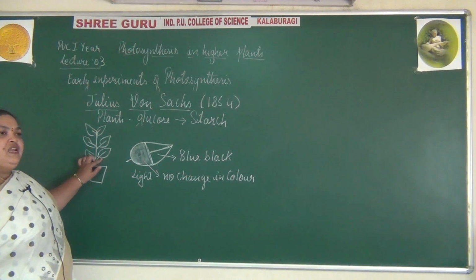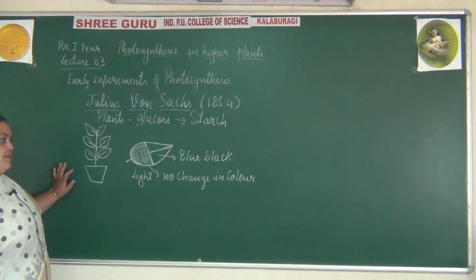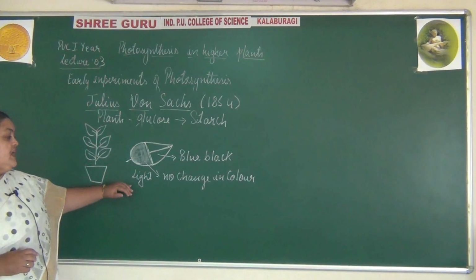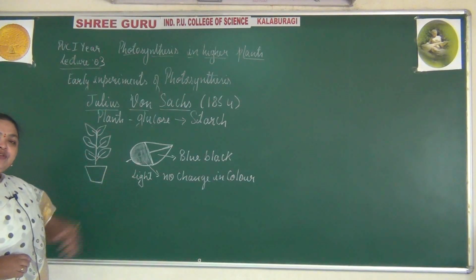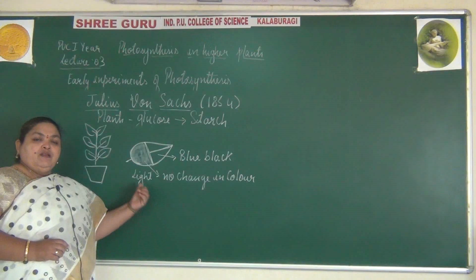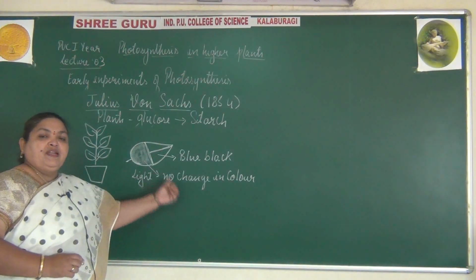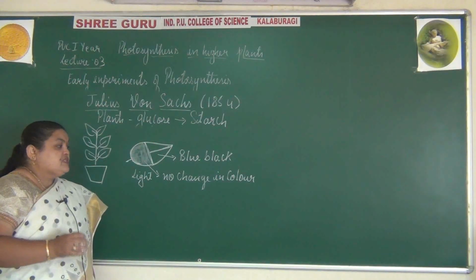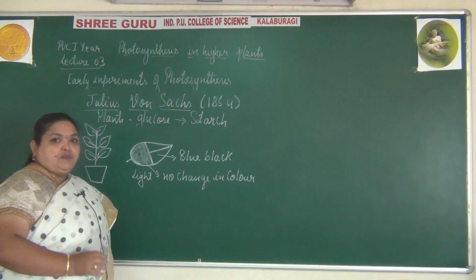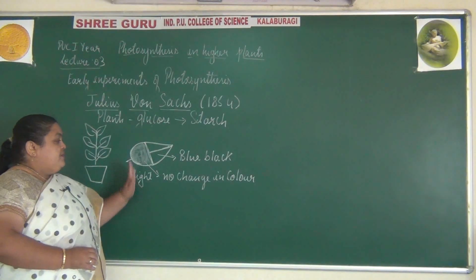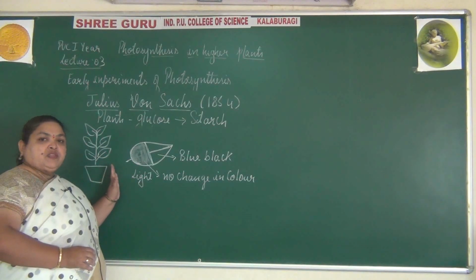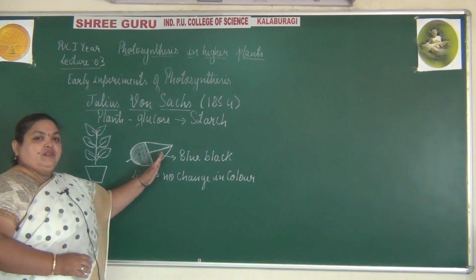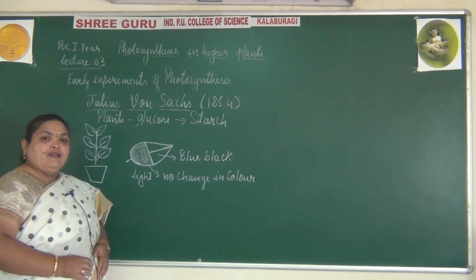Then one of the leaves was covered with black paper and the plant was exposed to light. After a few days, the leaf was tested to show the presence of photosynthesis, so the iodine test for starch was conducted. The half of the leaf covered with black paper showed no change in color, while the other, upper half changed into blue-black in color.